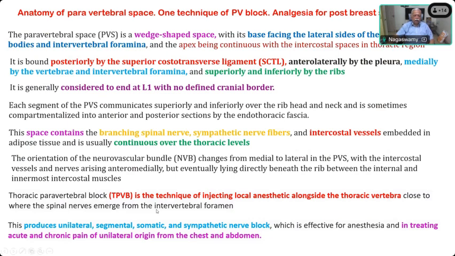This is the location where the nerves are blocked, and it produces a unilateral, segmental, somatic and sympathetic nerve block, which is effective for anesthesia and in treating acute and chronic pain of unilateral origin in the chest and abdomen. So if you want to do any bilateral procedures, you have to do the block on both sides. That is also another important point that has to be mentioned. This paravertebral space extends on both sides of the spinous process. So you have to do bilateral blocks if you want to do an extensive procedure on both sides of